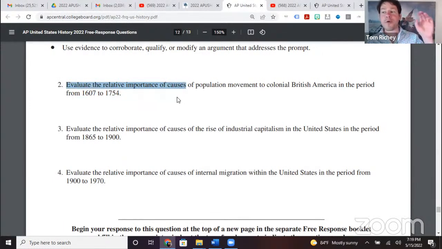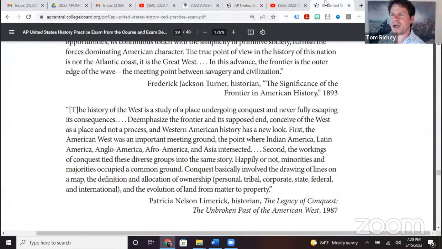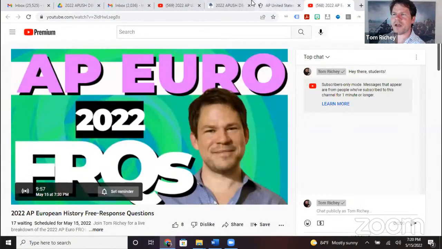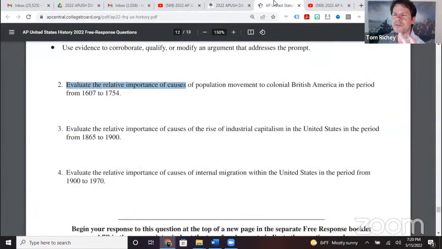They used this for LEQ3 and only LEQ3. So we notice here that they've actually got a new phrasing of this: evaluate the relative importance of causes. So with that, when we go back to the 2019 exam, and it said something about,